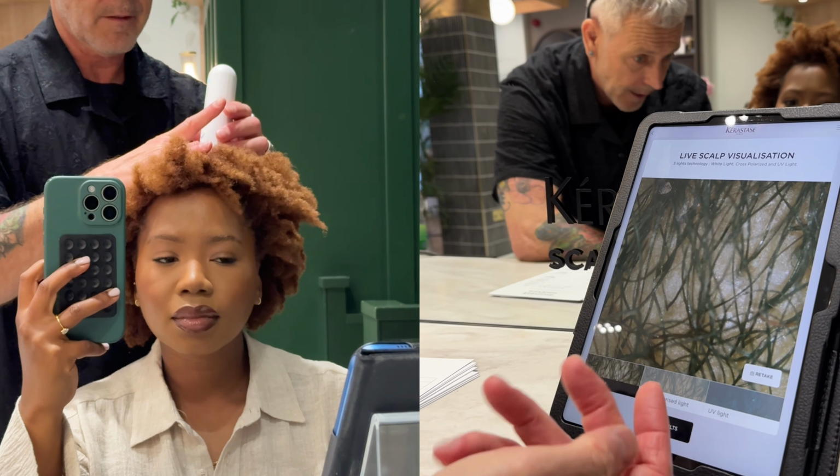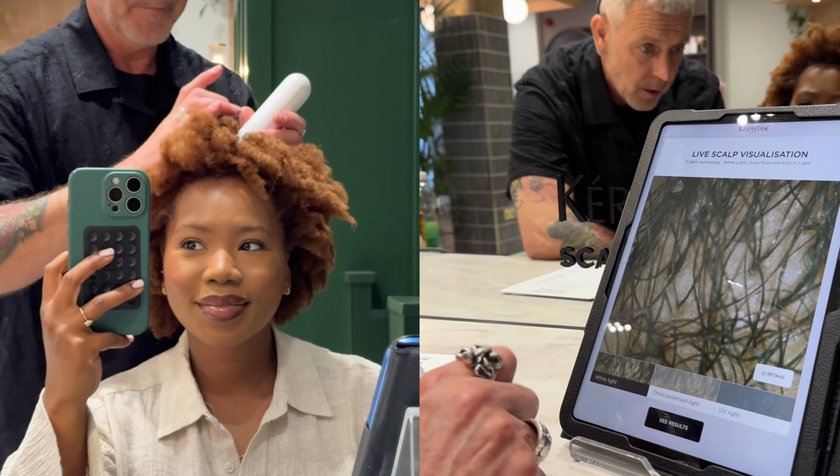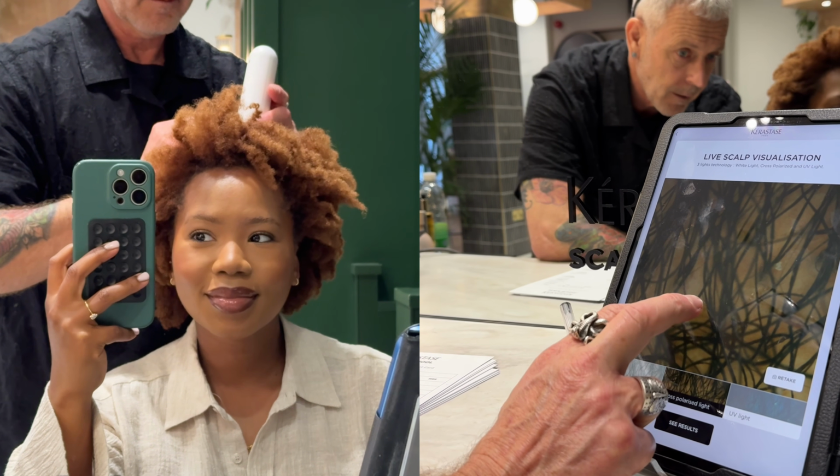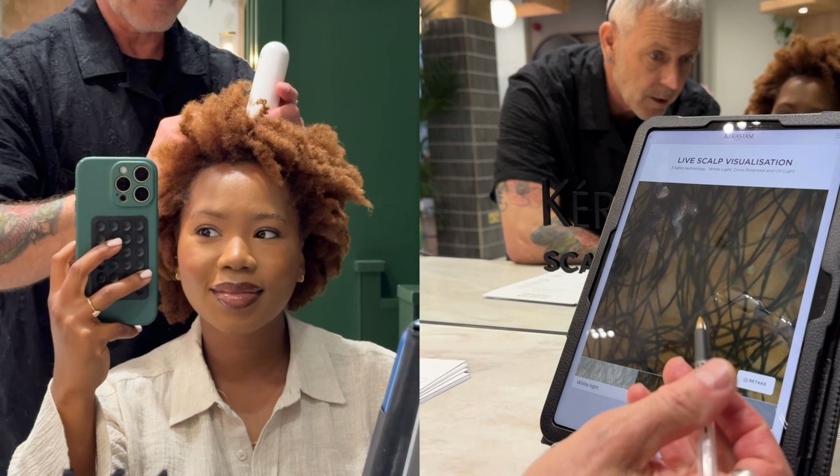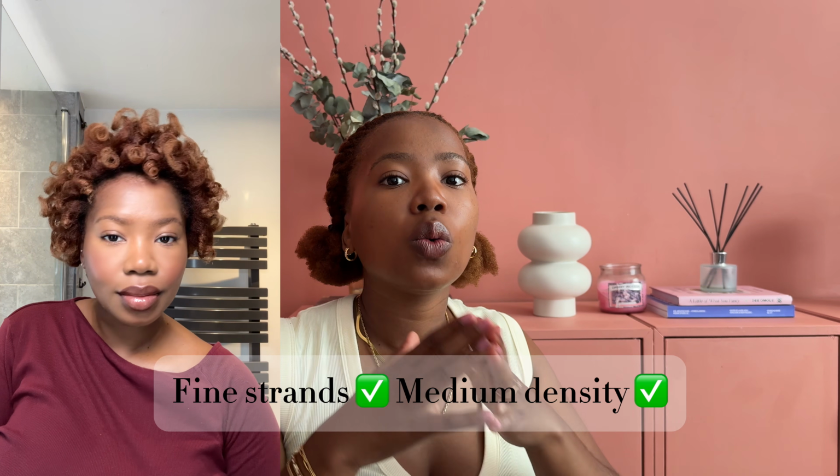You can have fine hair with high density. You can have coarse hair with low density. You can have fine hair with low density. They are all completely separate things. As for me, I have fine hair with medium density. Although each strand is very delicate, I have enough hair that it looks fairly full, if that makes sense. I've been to 2 hairdressers who've told me you have fine strands and you have medium density. So I know it to be true.